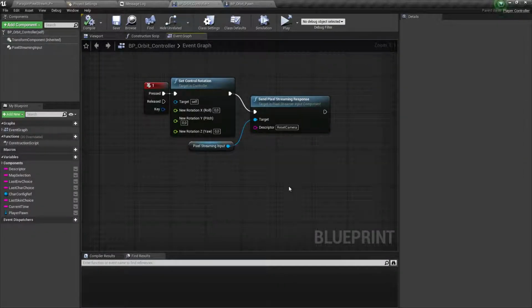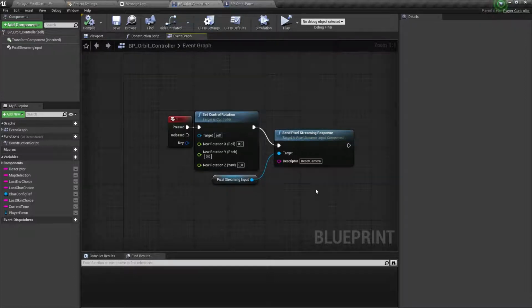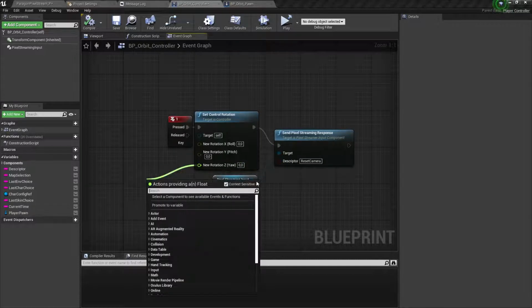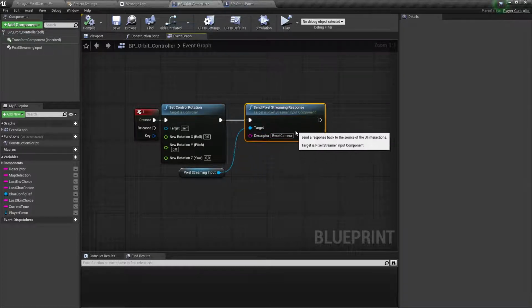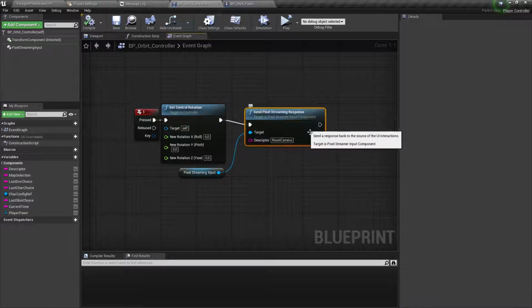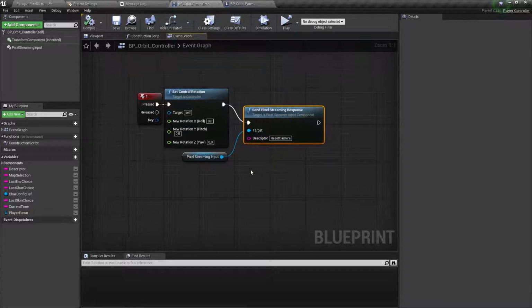Now back in Unreal, we want to be able to send the yaw input of the camera or the controller instead of just a reset camera string value. We can send multiple values or multiple variables as well by using a JSON code instead of just a simple string value here. So let's try that out.